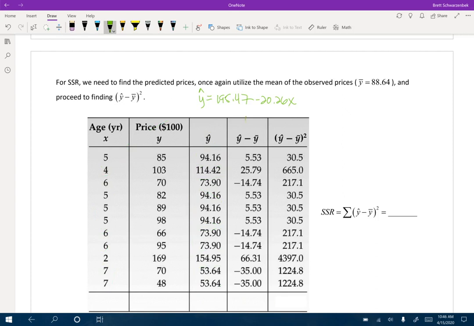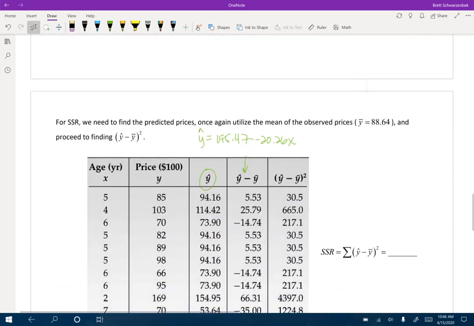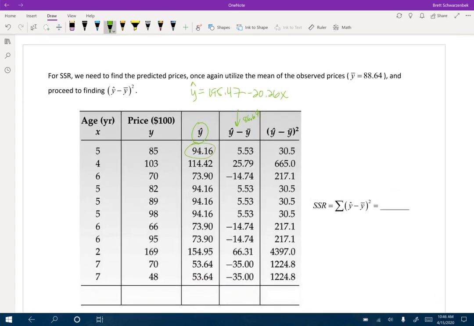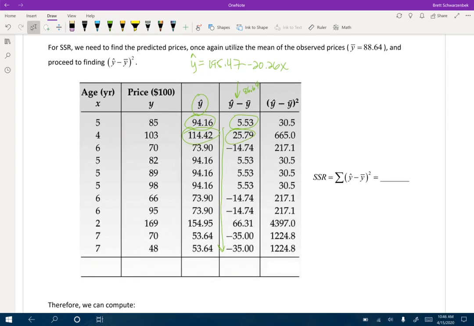This column is taking all of our y hats and subtracting our y bars. Remember, y bar is again 86.64. So we take 94.16 and subtract 86.64 and get 5.53. We take 114.42 and subtract 86.64 and get 25.79. You do the same thing for all of these. Again, you get repeated values because you're subtracting the same numbers, and you get all the y hats minus the y bars. The last thing to do is square every value over here. So square 5.53, get 30.5. Square 25.79, get a very large 665. Do the same thing for all of these, and then take the